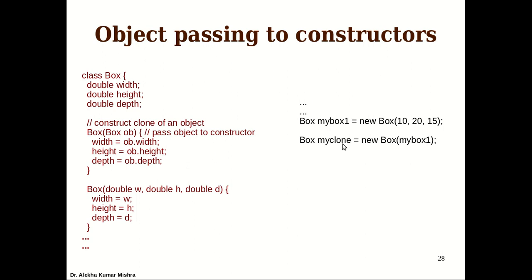That doesn't mean that they are referring to the same object. They are different objects, because we are using two new operators to create two objects. Their values will be the same, so it is a clone. Also, we can pass an object to the constructor just to use the values. Not necessarily do we always copy it, we can also use them. Mostly when we want to copy, we pass an object as an argument to the constructors.